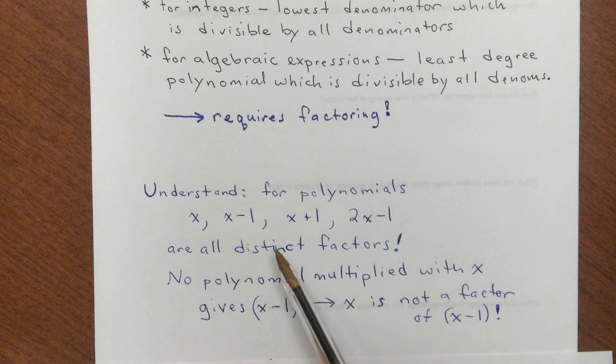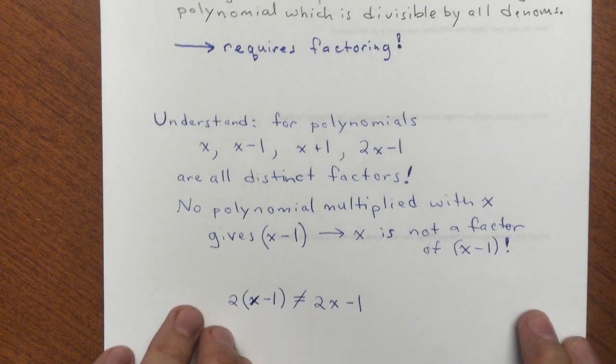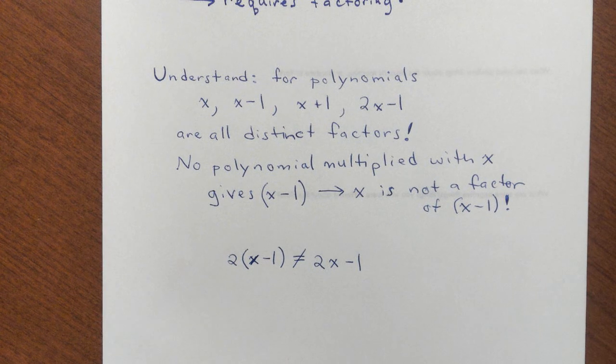And just the same, you're seeing x minus 1 and 2x minus 1. Well, of course, 2 times x minus 1 is not 2x minus 1. It would be 2x minus 2. So you have to think about these things logically. You've been exposed to factoring throughout the entire year, and you need to retain those skills, because that's what this all relies on. So I'm going to show you a couple examples of rational expressions